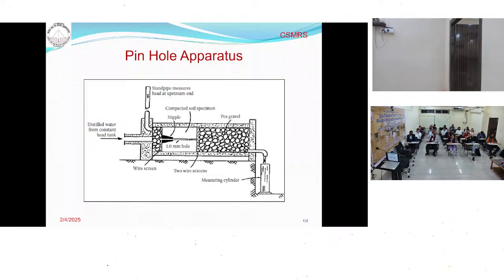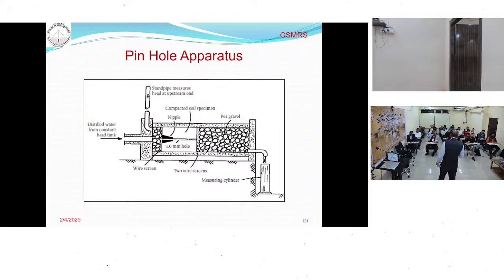Okay, what we do? There is a cone which has a diameter of 1.5 mm. On the one side, we insert the cone in the sample, and with the help of a wire that has a diameter of 1 mm, we make a hole throughout the specimen. On both sides of the specimen, we put steel mesh, and gravel is packed on both sides. Now the water is supplied through this cone at different heads,